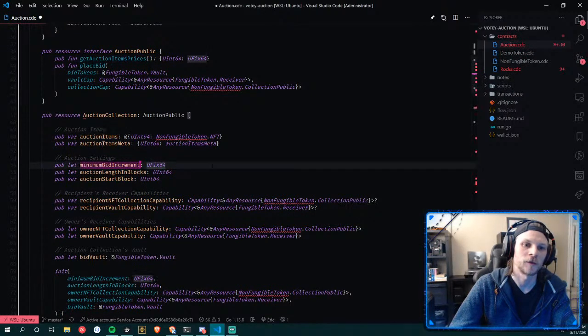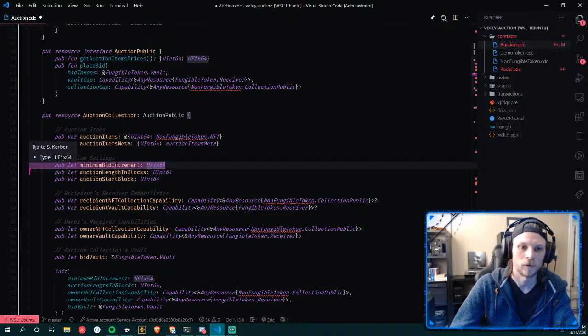Well, this is metadata for the actual NFTs in the auction, so it would be their start price and current price. This could go in a settings struct for the auction itself. Yeah, I know, but the way it's structured now, the minimum bid increment on line 54 here is the same for all the auctions in this auction collection.